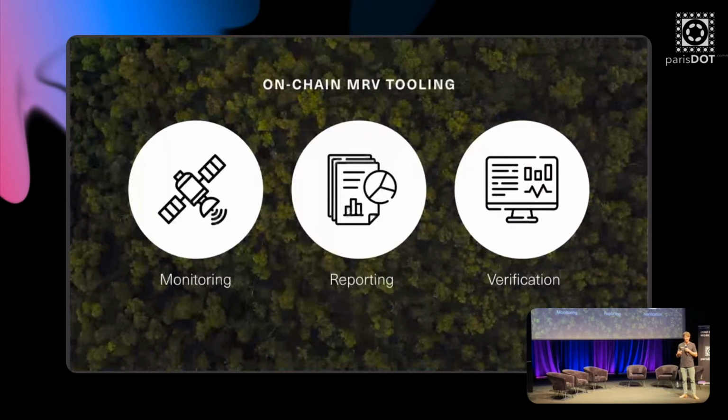Currently, it's done through Excel spreadsheets, boots on the ground, PDFs, 600-page PDFs that you can't really index and start looking through. With DMRV, we're talking about use of satellites and AI. We're talking about remote sensing with IoT, with drones, all the kind of fourth industrial technological innovation that we know is obvious and should be there. I'm glad to say that the industry is coming around to it.